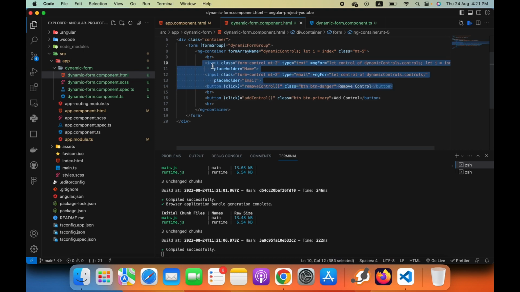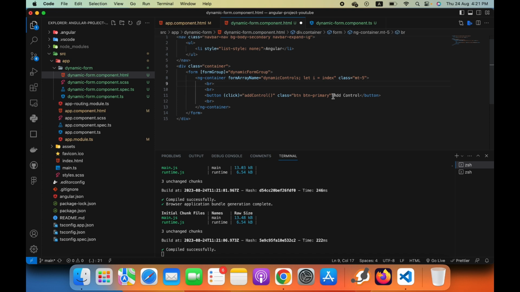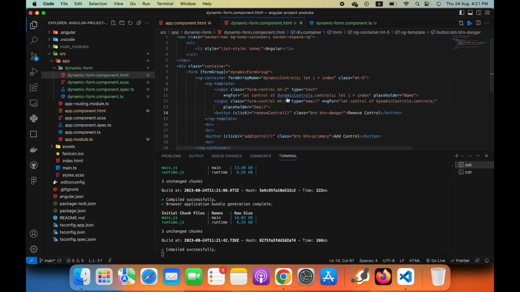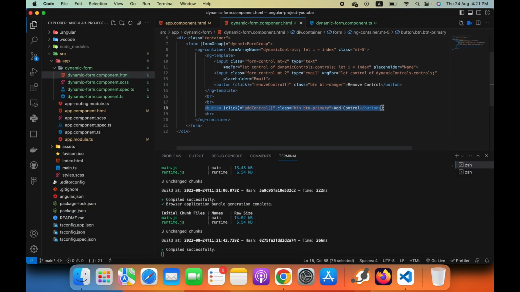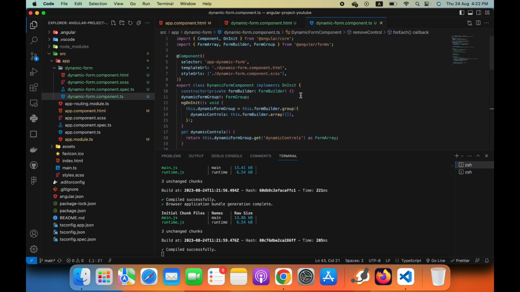So for that we will copy this, and we'll say ng template, and here we can say this is it, so it's not being added. So here let's make it so we will say here